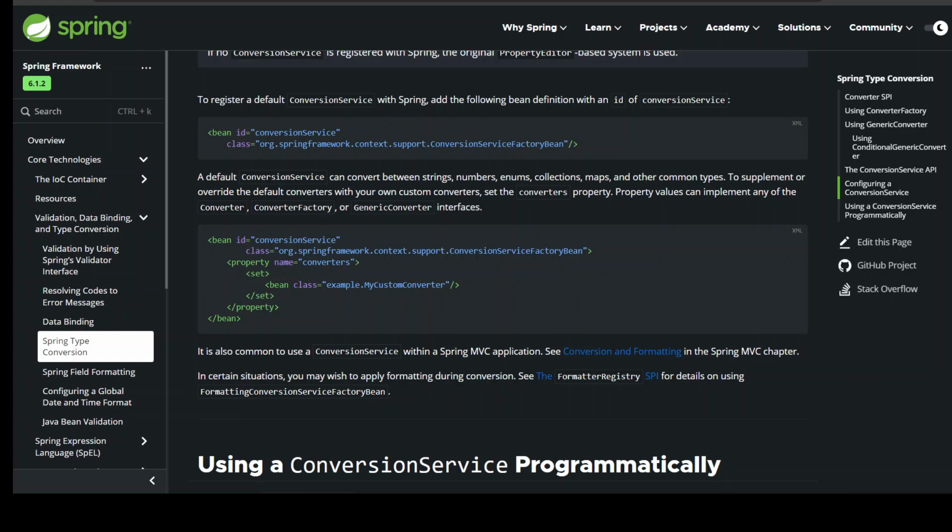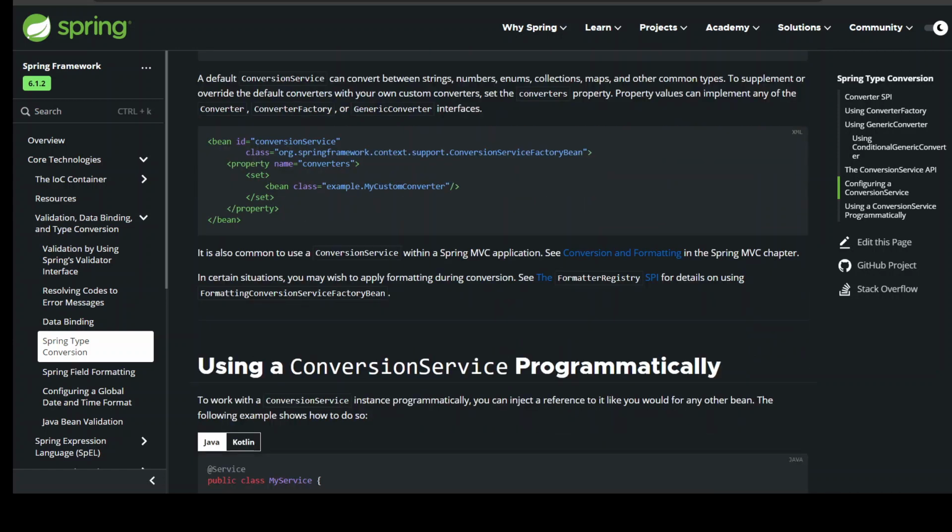For most use cases, you can use the convert method that specifies the target type, but it does not work with more complex types, such as a collection of a parameterized element. For example, if you want to convert a List of Integer to a List of String programmatically, you need to provide a formal definition of the source and target types. Fortunately, TypeDescriptor provides various options to make doing so straightforward, as the following example shows. DefaultConversionService cs = new DefaultConversionService();